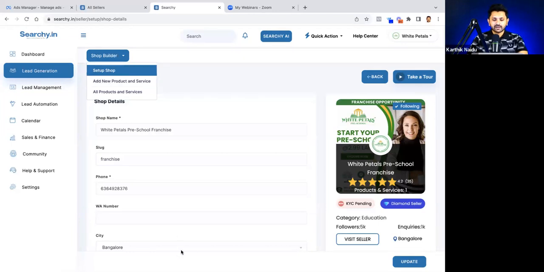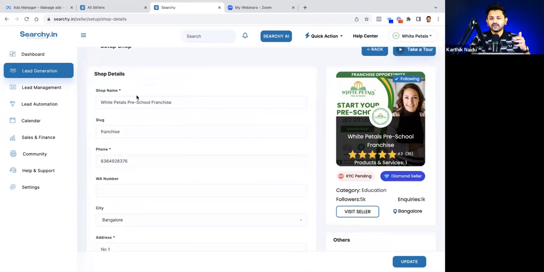Is everybody clear? If yes, just type yes in the chat box fast. I want some yes in the chat box so I know that you're understanding, you're following me. There's only lead generation, one option, shop description, shop builder, and setup shop, add a product or service. That's it. In the setup shop, all you need to do is enter your shop name,